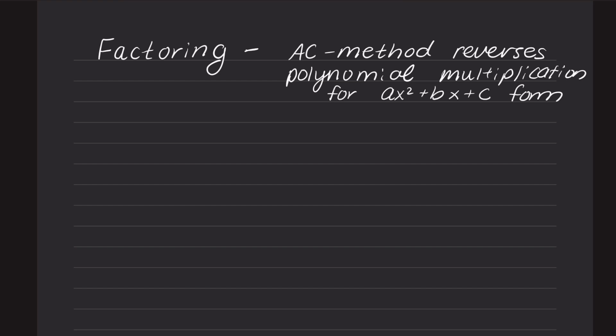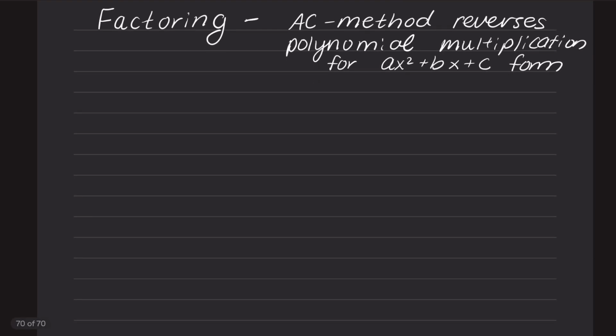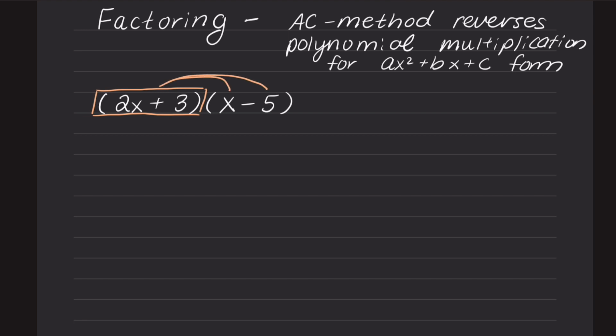So I'm going to actually start off by doing polynomial multiplication. So suppose we have something like 2x plus 3 times, let's say, x minus 5. So if I wanted to multiply these two, I would take this first polynomial and I would distribute it into the second. So that's going to give me x times 2x plus 3, and then minus 5,